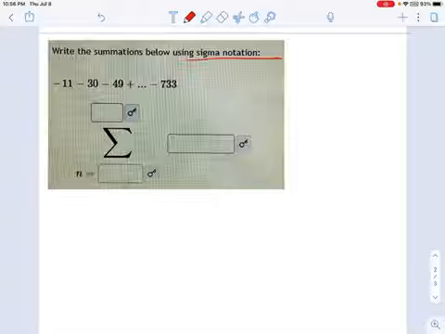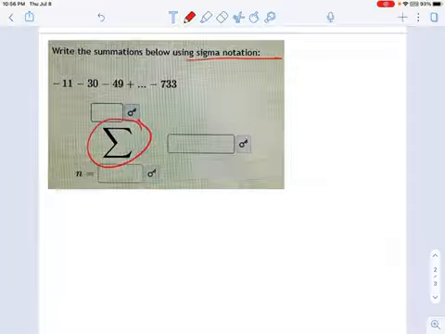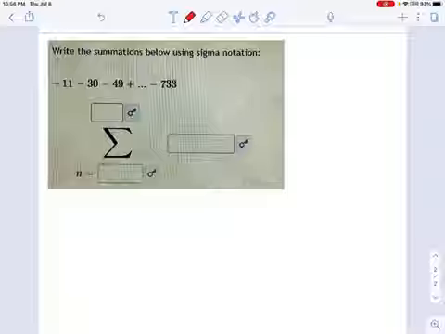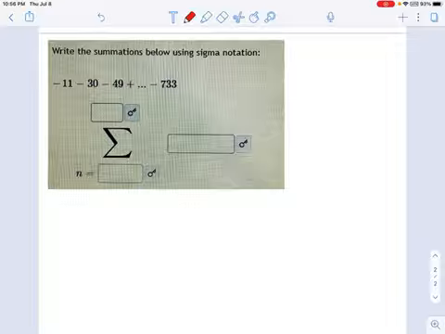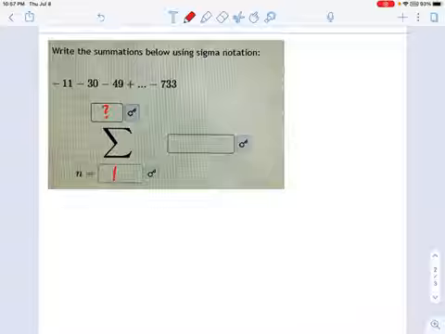And the big thing about sigma notation is it has the sigma symbol in it. Okay, it's a dead giveaway that you're doing some kind of a sum. So what we're going to do here is try to write this in terms of all the different parts of summation notation that we talked about in class. And if you remember, it's number 1 on the bottom, and something goes up here. That's how many terms you're adding up. So if you're adding up 20 terms, the number 20 would go on top there. And what goes over here is a_n. Okay, we need the explicit formula.